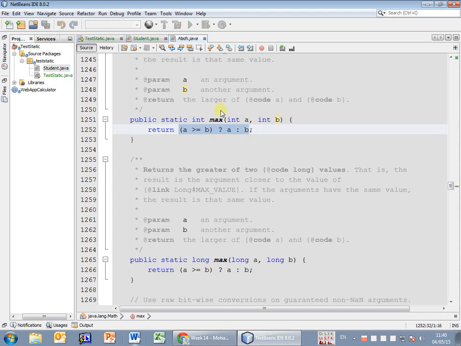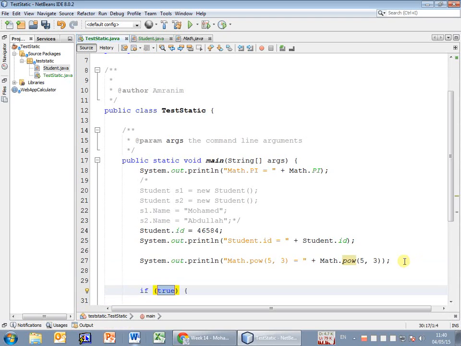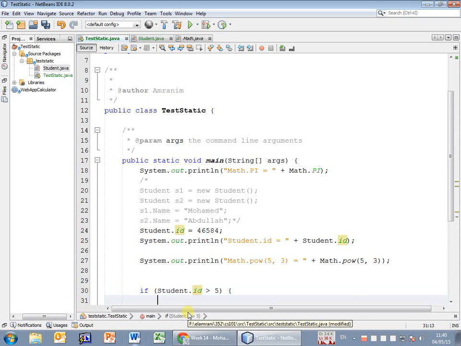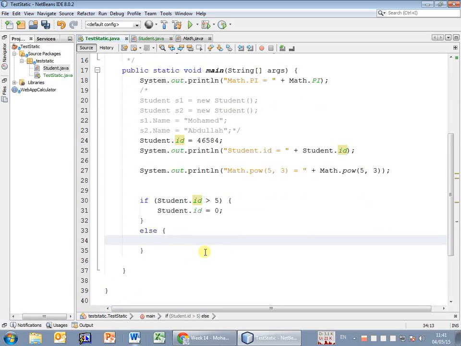What is that? Well, this is a very simple thing actually. If you have a question, let's put student.id for example, just to test, because we have already a variable, is greater than 5. If it's greater than 5, put 0. Else, in this, put -1. So this if-else can be compressed, shortened, and the short version of that is by using